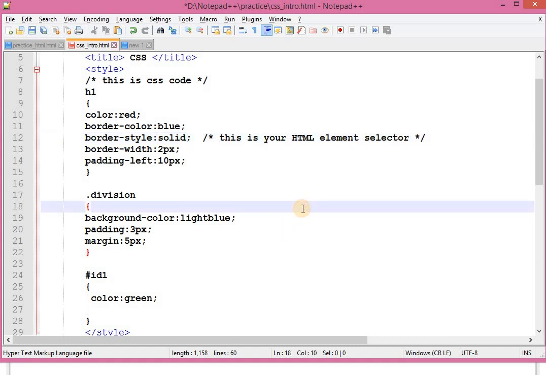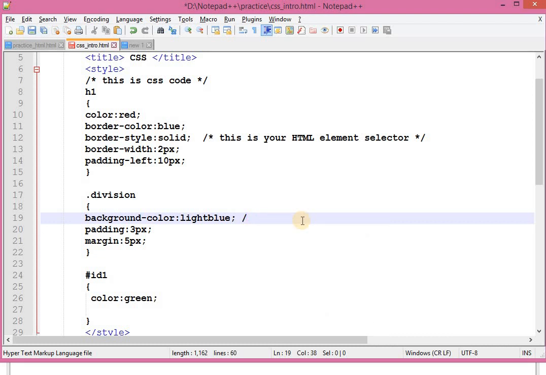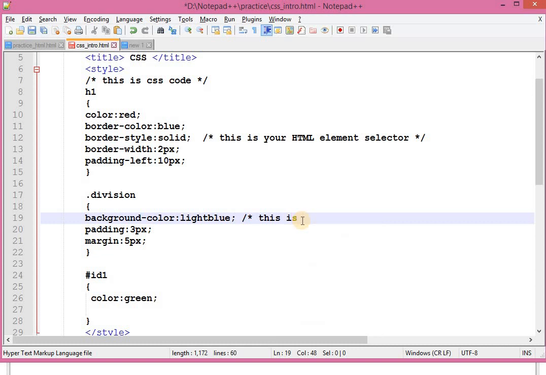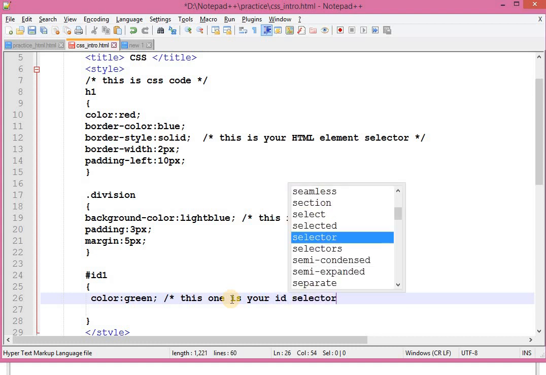This is your class selector, and this one is your ID selector.